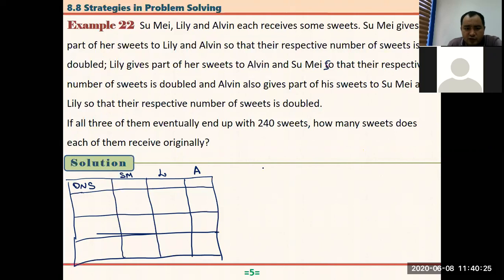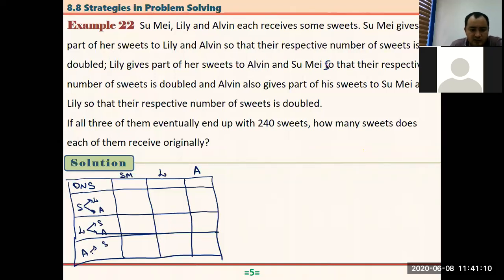All right. And the question is, if all 3 of them eventually end up with 240 sweets, how many sweets does each of them receive originally? So we are trying to find originally how many candies Sume had, and Lily and Alvin. In the first case, Sume gives part of her sweets to Lily and Alvin. In the second case, Lily is giving to Sume and Alvin. In the third case, Alvin is giving to